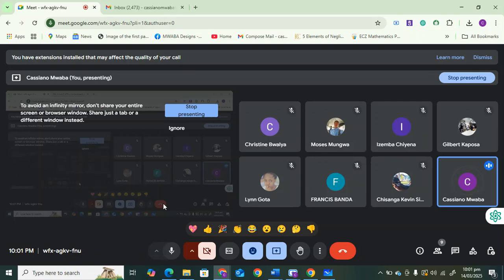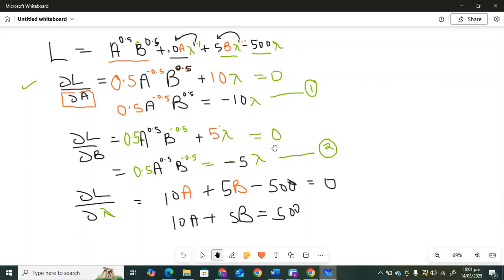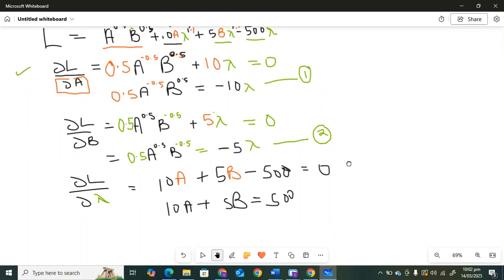Okay, so these Lagrangian functions are used when you're trying to find maximum satisfaction, or other times you can also use them to find maximum output. They're usually for maximization problems. So once we've got all these equations here, okay,